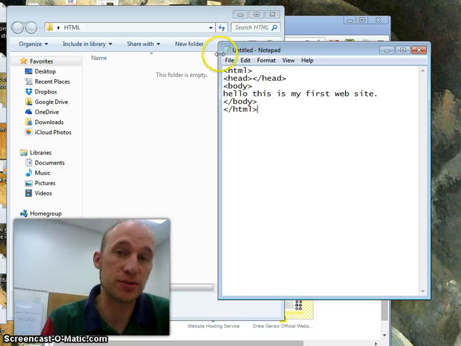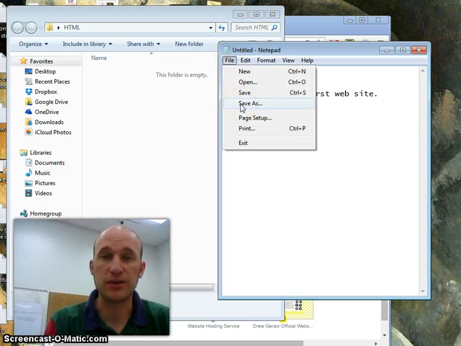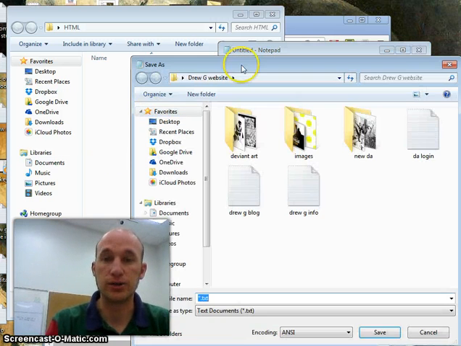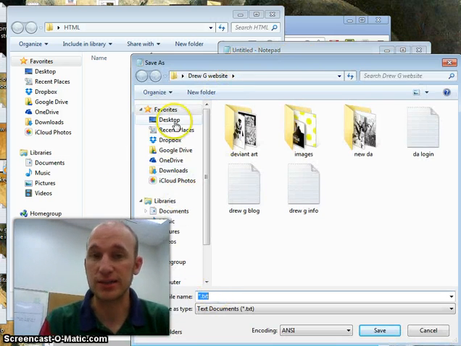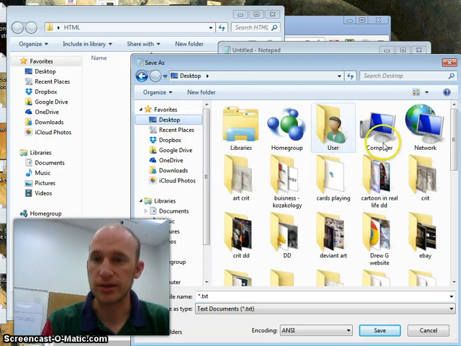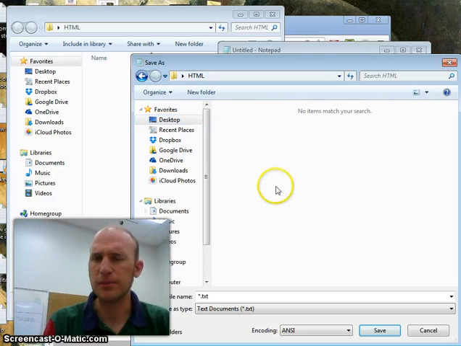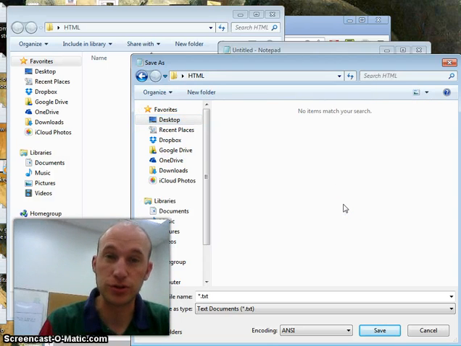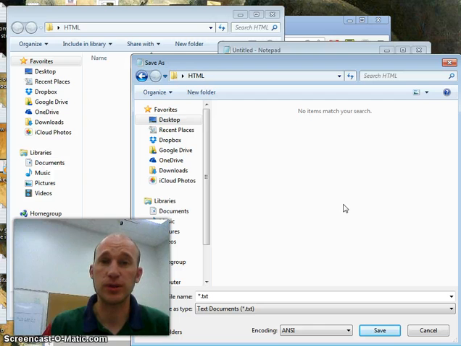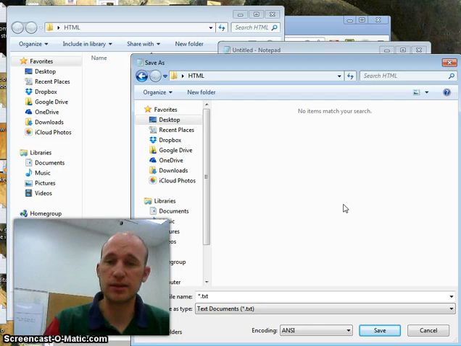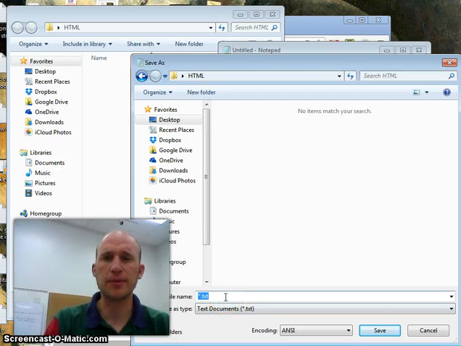Now, normally if you've ever typed in a Notepad document and you do Save As, it will automatically save it as a Notepad document or a .rtf or .txt. What I need to do real quick is find my folder here. Let's see. HTML. I'm going to keep everything in my HTML folder, and you should too. That way your pictures and things don't get too lost. So I'm going to save it directly into this folder, only I'm going to name it